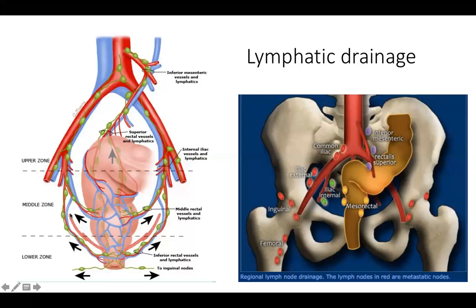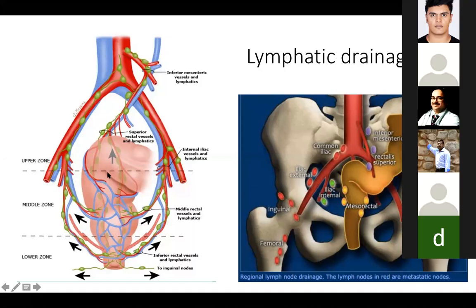By lateral, I mean the pelvic side walls would be receiving the bulk of the lymphatic drainage, and in the upper rectal part it will be predominantly upward. That means the lymphatic drainage would be towards the superior rectal and thereon to the inferior mesenteric. We need to remember this because the elective target volume which we want to treat will depend upon the location of the tumor also. If we understand this part, then it is very easy to understand what will be considered the regional lymph nodes and what will be the non-regional lymph nodes.